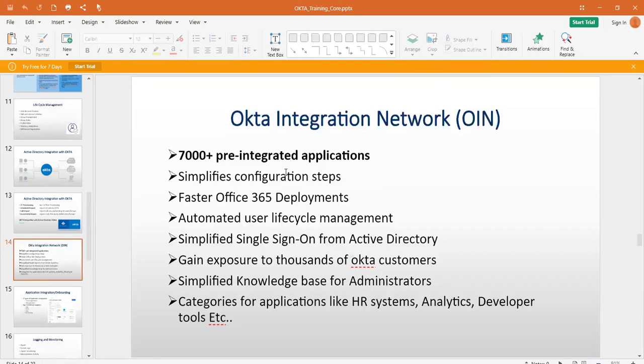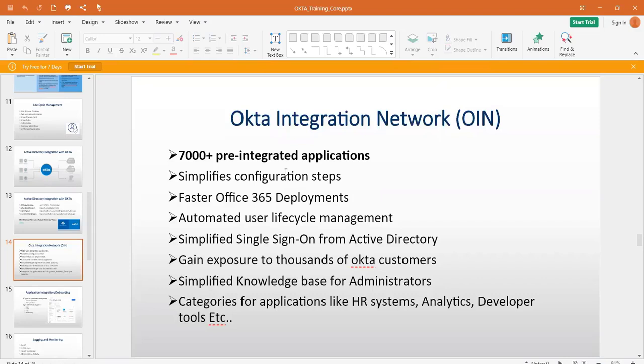This is with the help of the Okta Integration Network. Let's say, for example, there is a custom app whose application doesn't support the Okta Integration Network, so you are going ahead with a custom app integration. If you want to enable provisioning for those applications, you need to build code. It can be Java code or .NET-based code for enabling provisioning. So you are doing a lot of work if you are building a custom app.